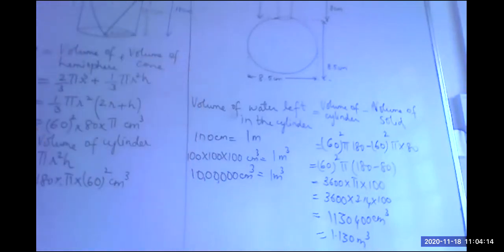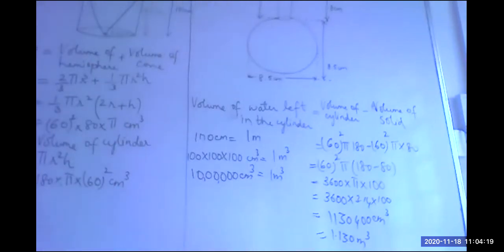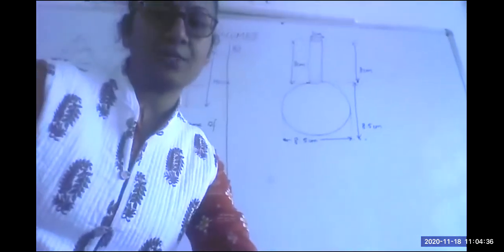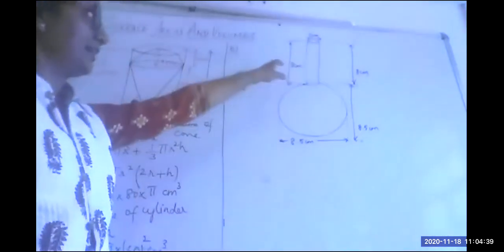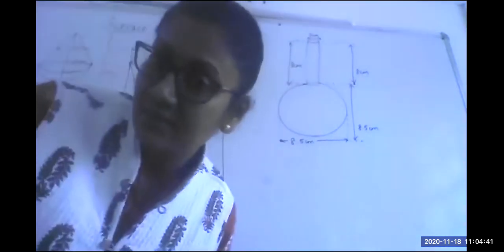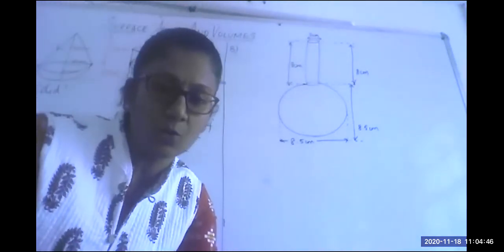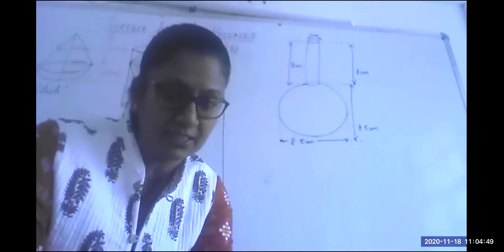Now we will quickly take on the next problem, the last one, for which the diagram is again ready. Let me use this part of the board. Now there is a vessel which is in this shape. This represents some kind of solid that you have seen maybe in the lab. Can you recognize? Ma'am, conical. Ma'am, round bottom flask. Yes, it is a round bottom flask that you must have seen in the chemistry lab.